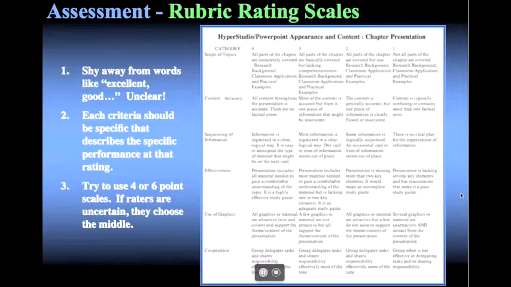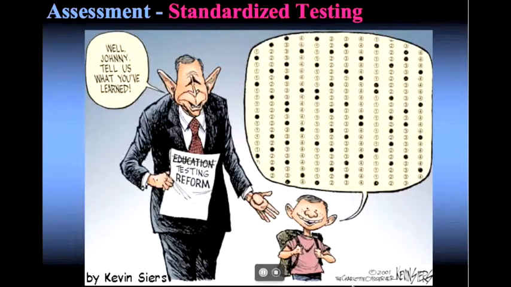And then third, shy away from using 3 or 5 point scales, because in those scales it is simply easier for the rater, if he's uncertain, to choose the middle. With 4 and 6 point scales, it forces them to come down on one side or the other and be more decisive. So there are different ways to assess kids, and the more comprehensive you make it, probably the better